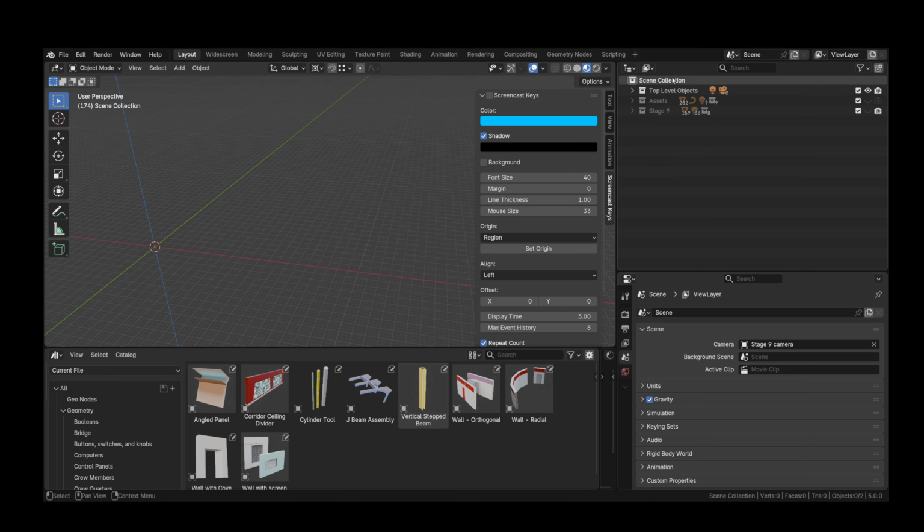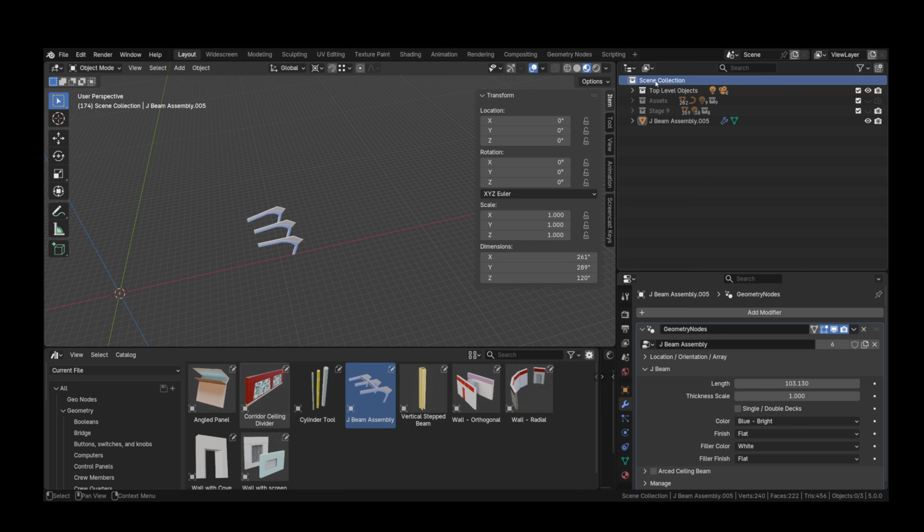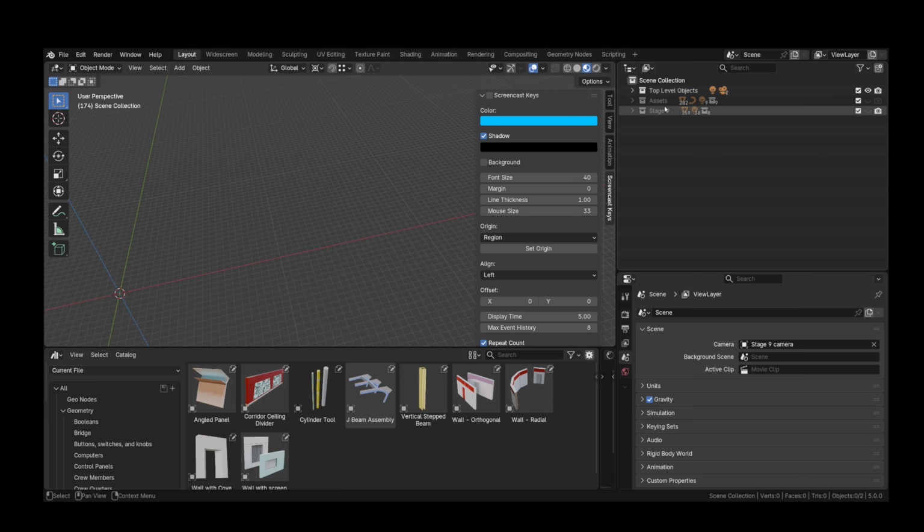I'm going to select my top scene collection, bring those out, and set the location to 0, 0 again, because the next asset I want to talk about is this angled panel. Now, the reason I picked this top scene selection before bringing those out is anytime you drag an asset out, it'll be added to whatever collection you have highlighted. So if I have, for example, stage 9 highlighted and it is currently not visible, and I bring my asset into the viewport,